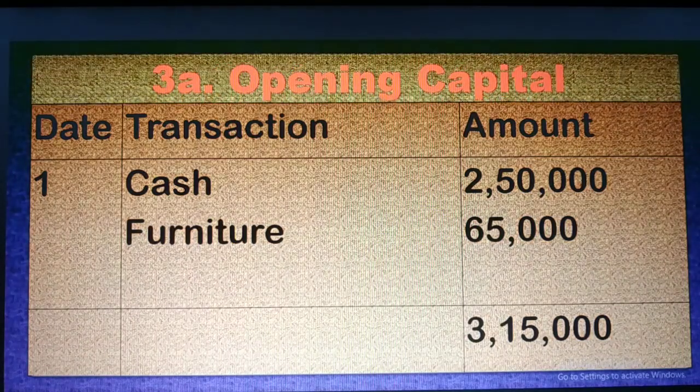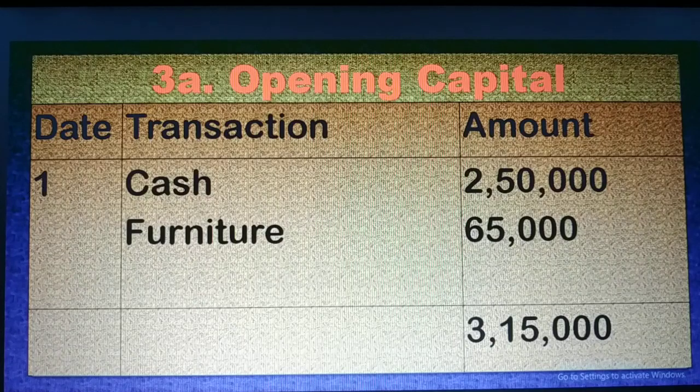So, requirement A, amount of opening capital. Dear student, opening capital means whatever money is given by the owner of the business at the time of starting business. It is called opening capital. Again, I would like to tell, dear student, capital means money of the owner. So whatever money or money equivalent things are given by the owner to the business at the beginning of business,